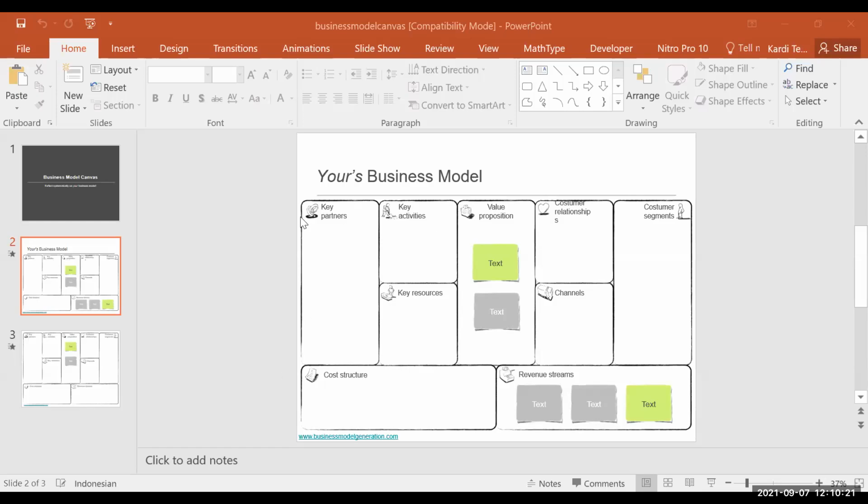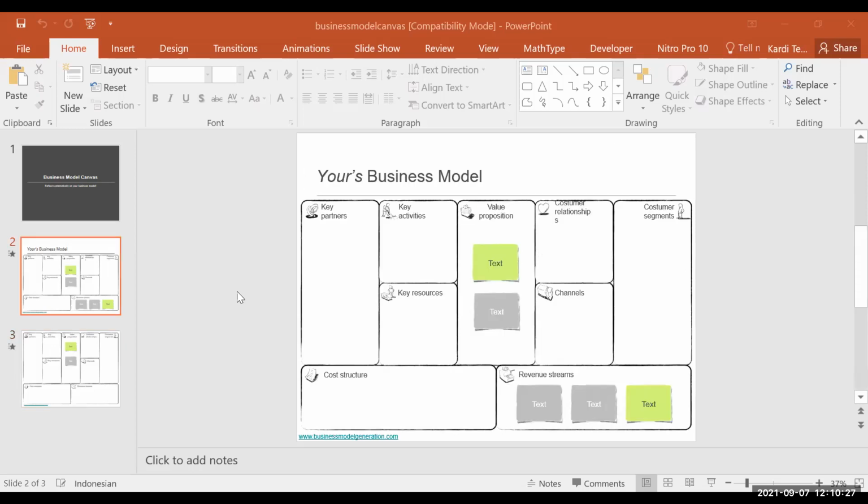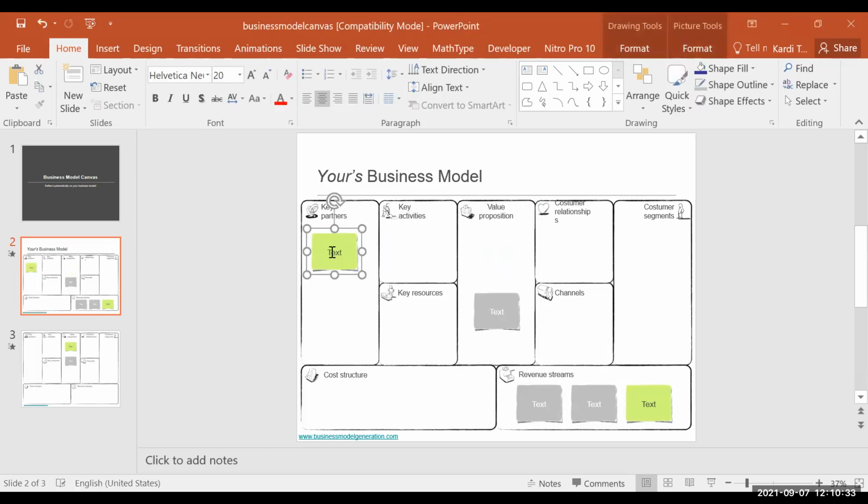This is in PowerPoint, that you can use to put things in simply. So you can just put here and then change. Can you see it?